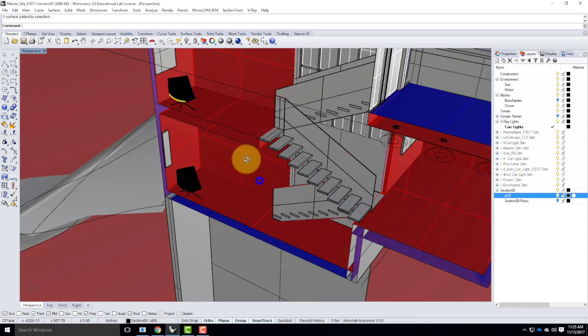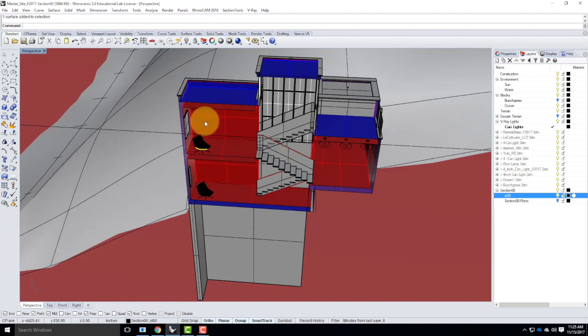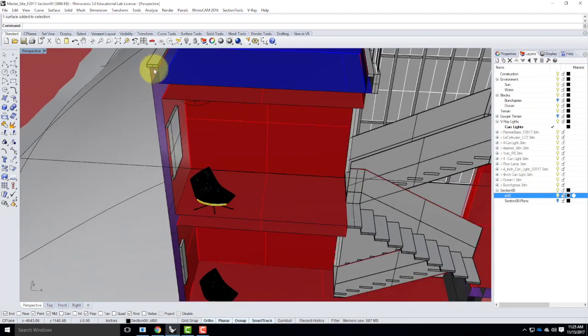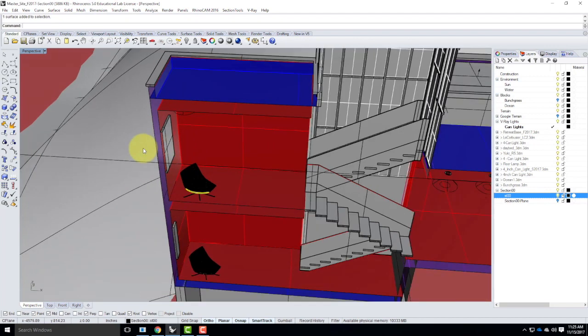In some places, however, depending on how you modeled it, it may have missed some of the cuts. So you see here that it missed these walls. It didn't fill those in. So in that context, I actually have to create some additional fill. So I'll create a new layer, a sublayer, called Section Fill. I'll make it the active layer, and I need to go through and I need to actually fill in the